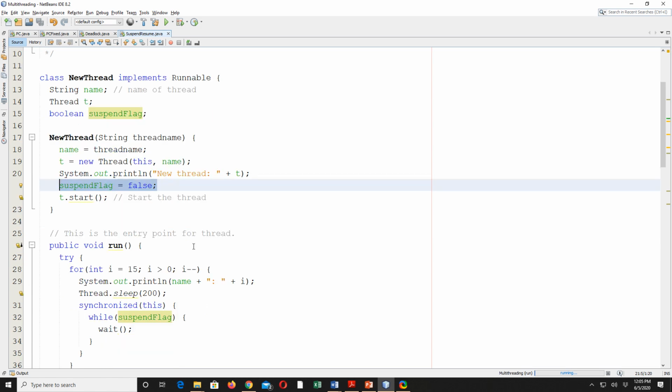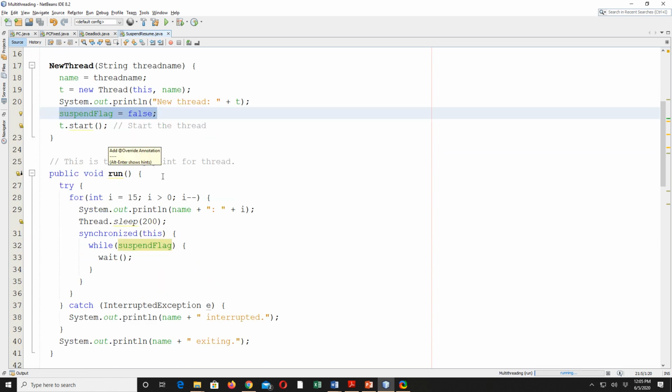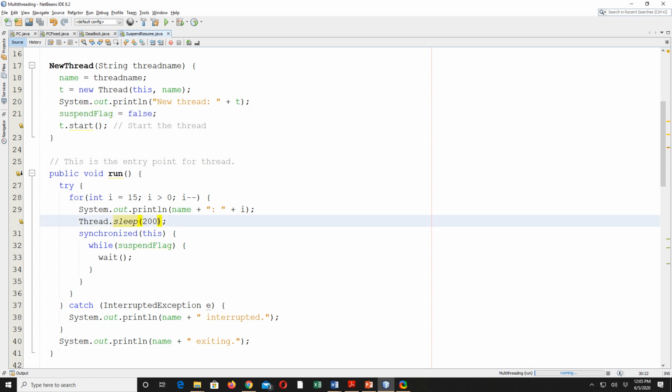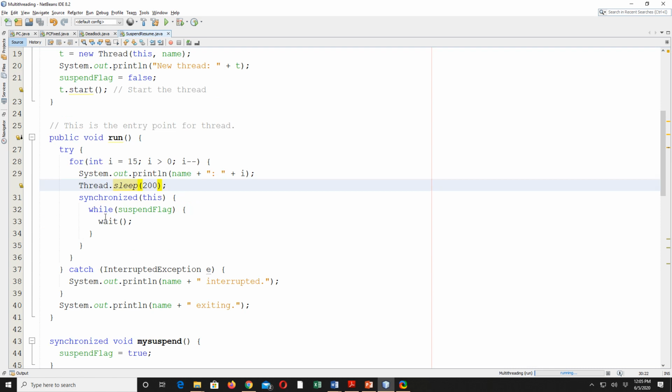We start the thread. Now inside the run method, let's see an interesting fact. Inside the run method, we run from 15 down to 0, and every time we sleep for 200 milliseconds. Now this is the synchronized statement. We say if the flag is true, then wait.